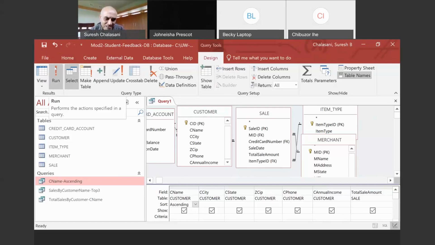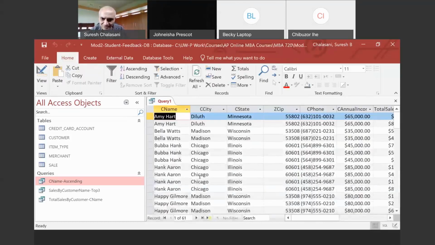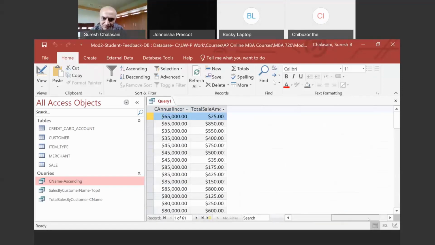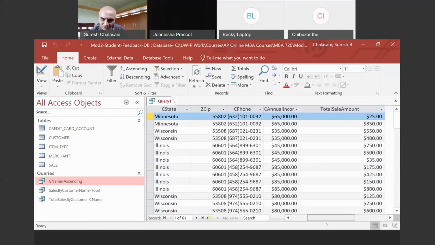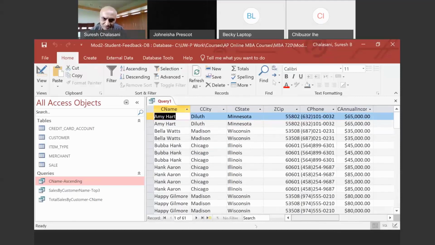This big red exclamation mark at top left, you could run this, and it would show you all these fields, and it would show you the customers, their phone numbers, annual income, and it would sort them by customer name.